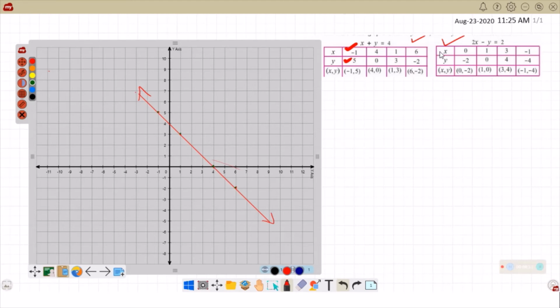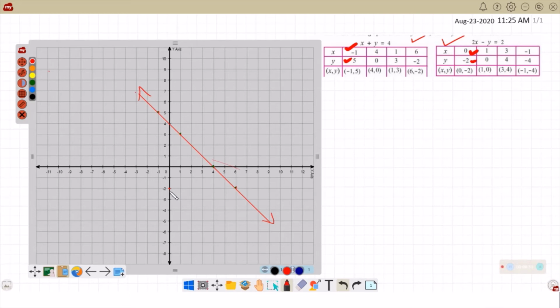Okay, now we will go to the next one. The next data given over here is 0 and -2. 0 on x, so x doesn't move forward or backward. -2 on y. So you will take -2 over here and mark it here.